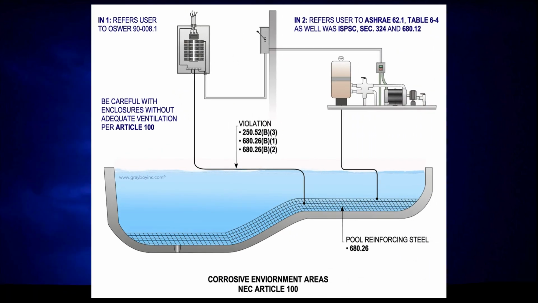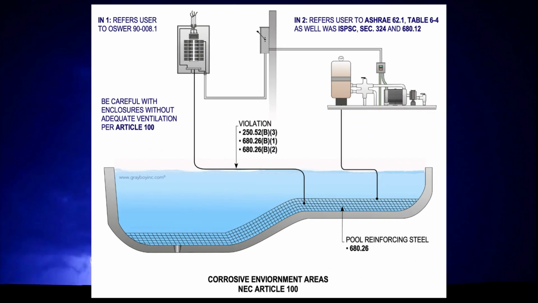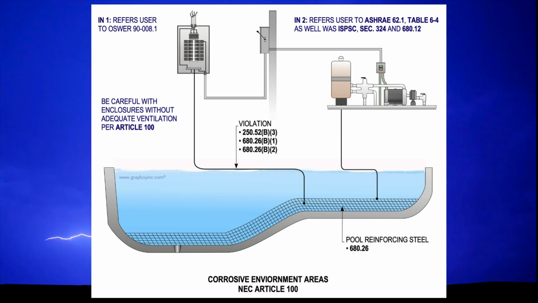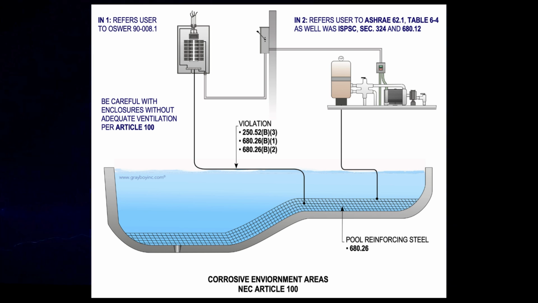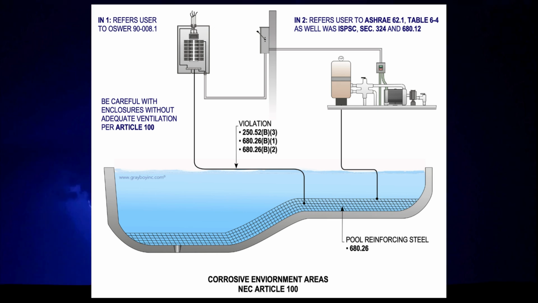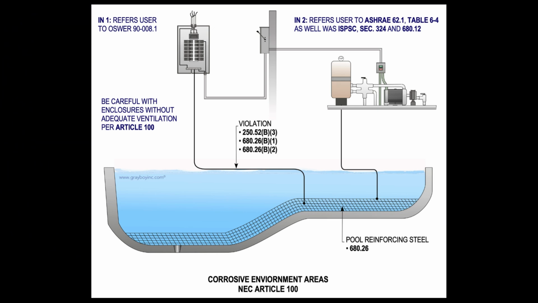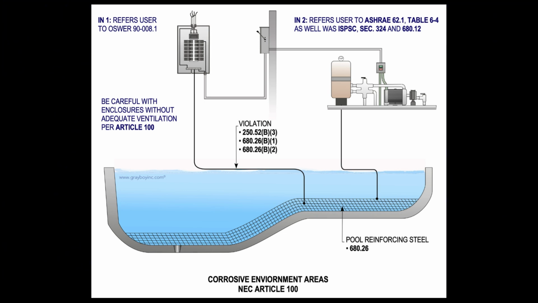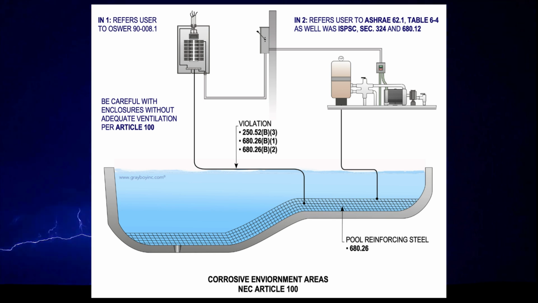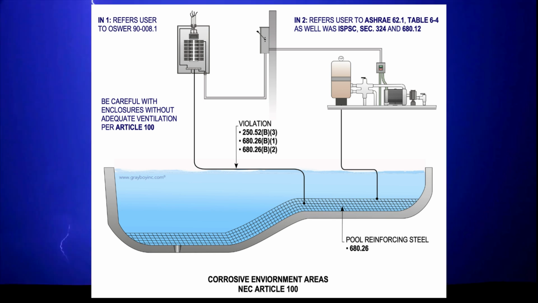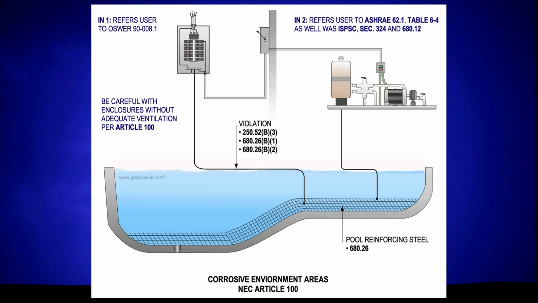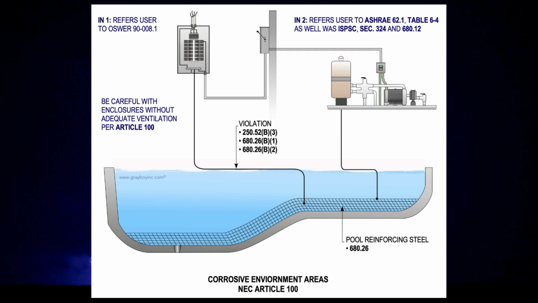A revision has been made to clarify that only areas or enclosures without adequate ventilation, and that have the presence of chemicals, are considered corrosive environments. The corrosive environment, such as areas or enclosures, could be indoors or outdoors. The designation of an area as corrosive has no specific distance associated with the equipment, and is based on the area lacking adequate ventilation. The revision to Informational Note 1 removes references to the EPA website and includes the reference to Advisory,